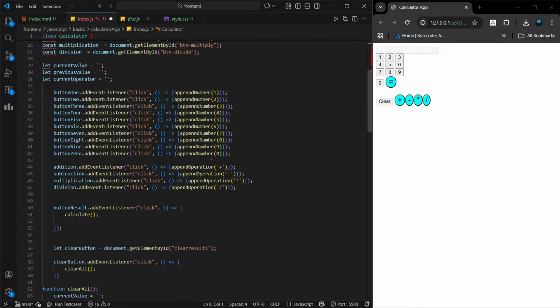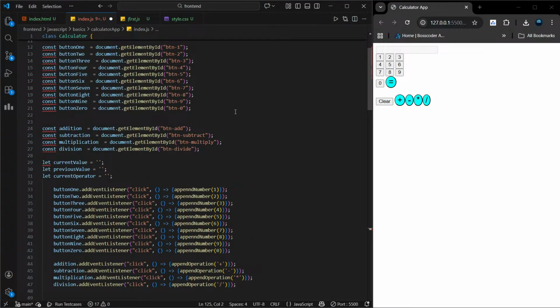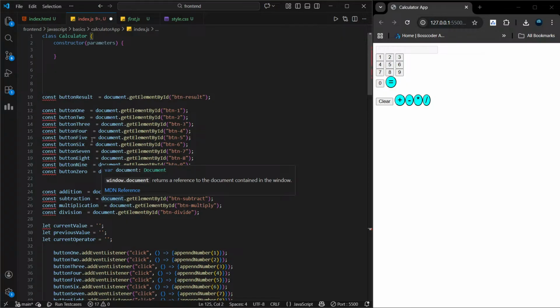ओके, सो जैसे ही मैं एक क्लास के अंदर इनपुट कर रहा हूँ, मुझे ये जो const कीवर्ड है वो एरर दे रहा है।